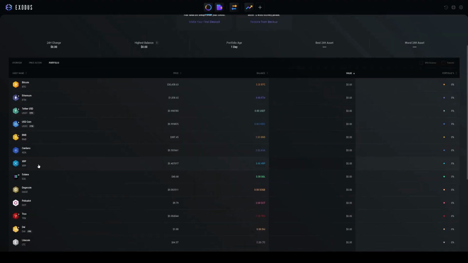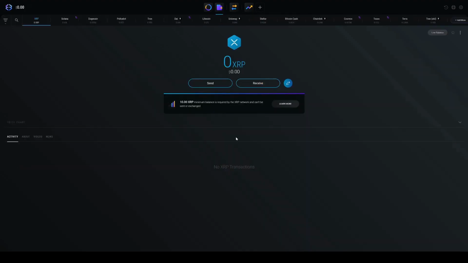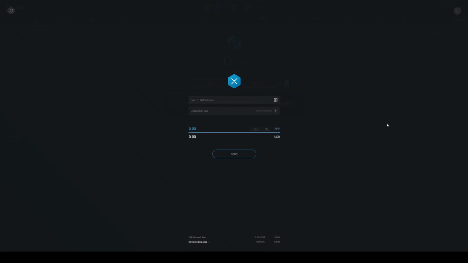So let's say, for instance, we were going to send some XRP to somebody. We'll select the XRP here, and there you see the send and receive. Now if we were going to send it, it opens up a window here. It says send XRP to an address. Now you can put in a QR code, or you would paste that address that I showed you in the previous example, and the destination tag if it was to an exchange and it required a destination tag. If you were sending it to someone that didn't have a destination tag, you wouldn't put that in. Now, obviously there's no XRP in our wallet right now, but if there were, we would designate the amount and we would click send.